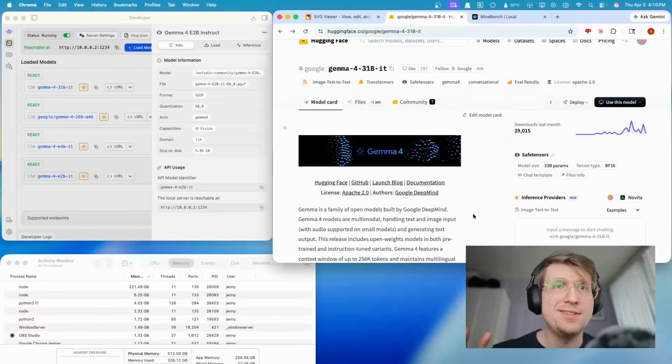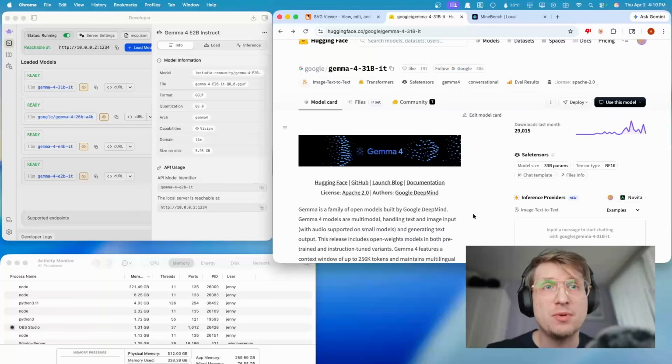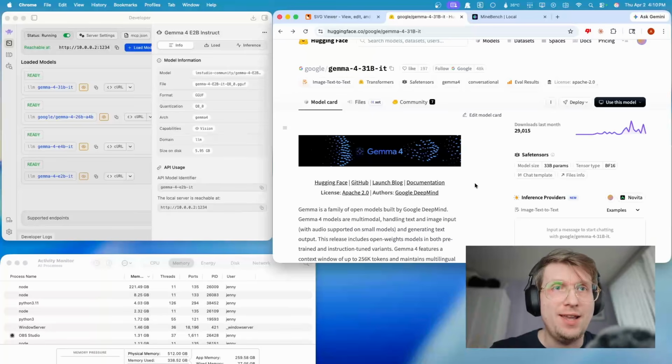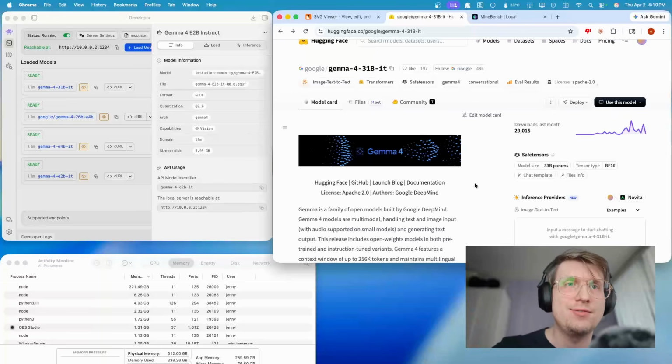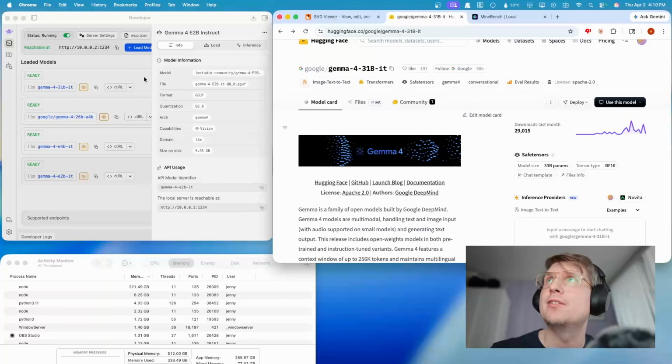Hello, everyone. And today is one of the big days where Gemma 4 got released. If you notice, it is April 2nd, so it's definitely not April Fool's. And I have to say, this is quite exciting because I have already, if you can see on the left-hand side, downloaded the